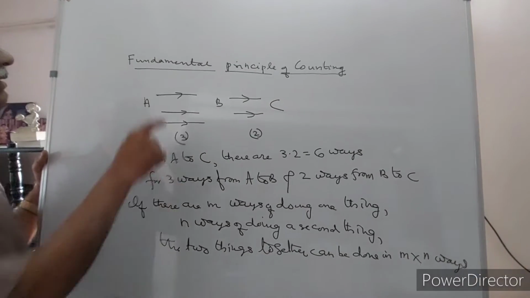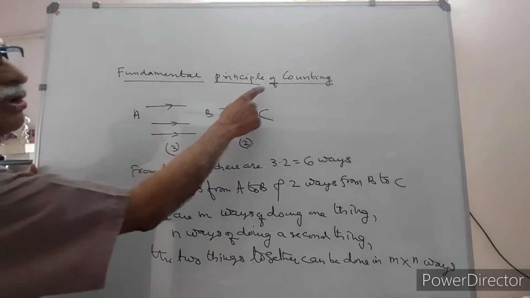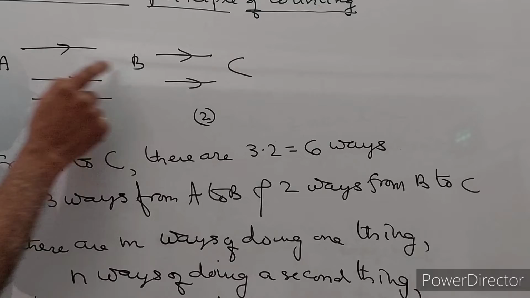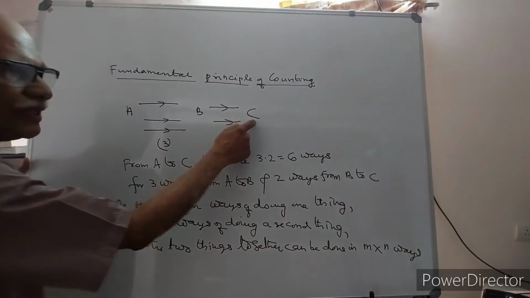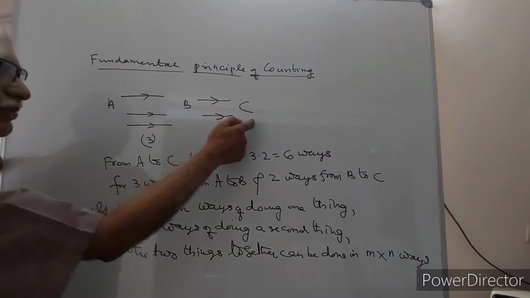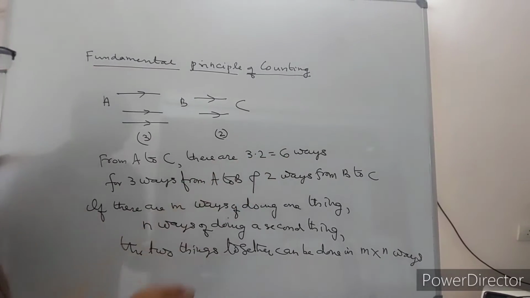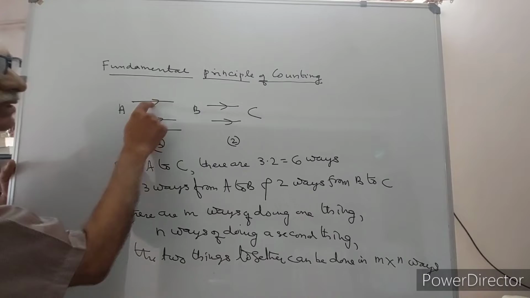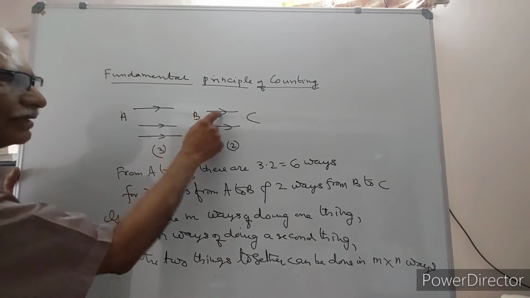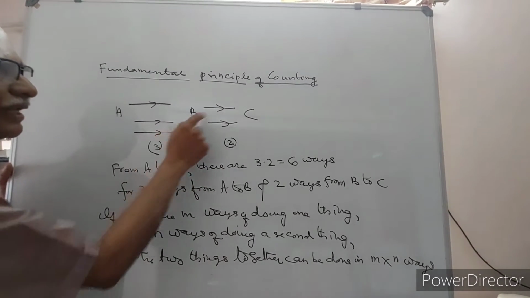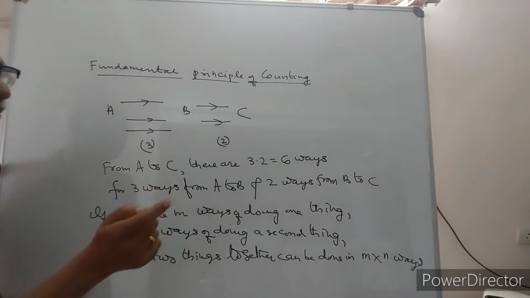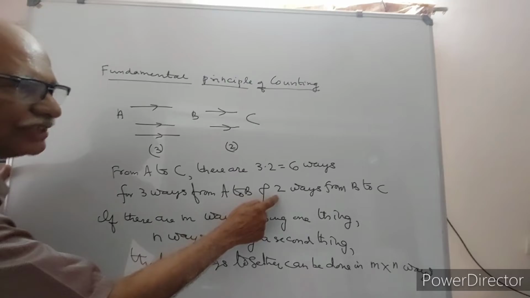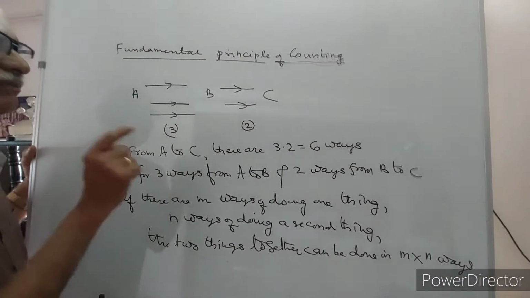Now we consider the fundamental principle of counting. Suppose there are 3 ways from A to B and 2 ways from B to C. Together, from A to C, there are 3 into 2, 6 ways, because you can move 1, then 1; 1, 2; 2, 1; 2, 2; 3, 1; 3, 2. For 3 ways from A to B and 2 ways from B to C, there are 3 into 2,